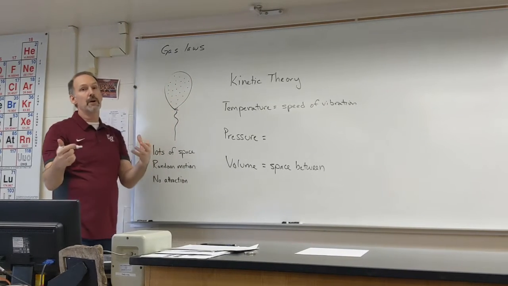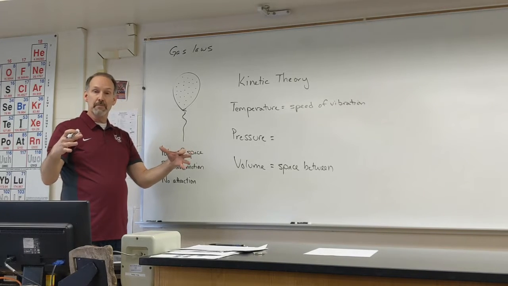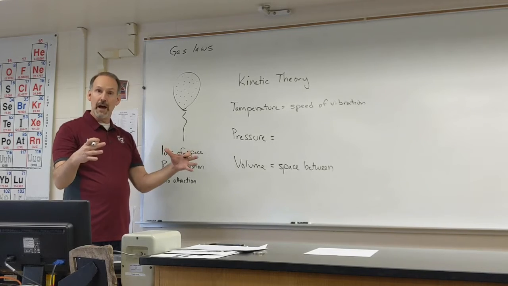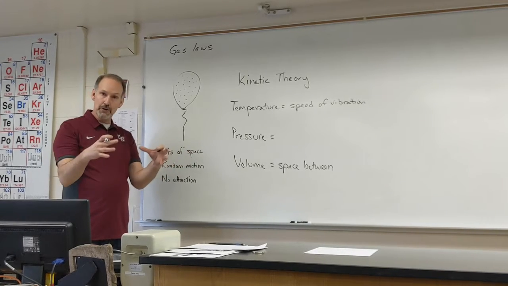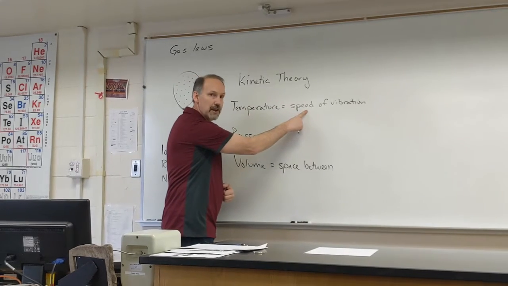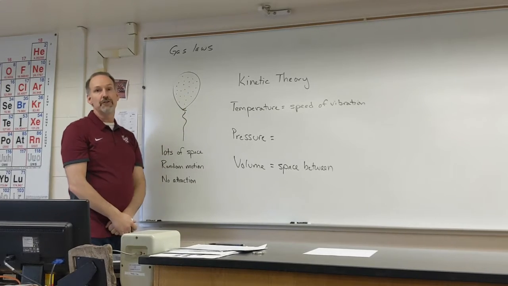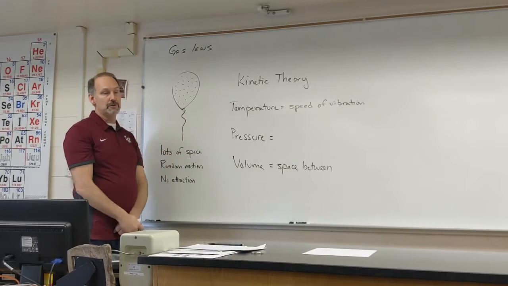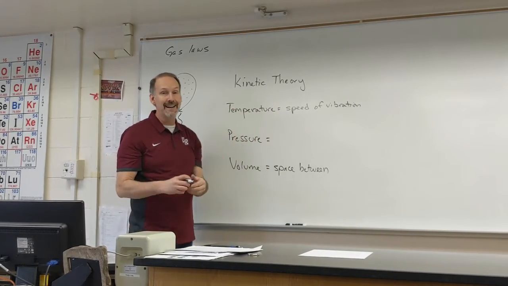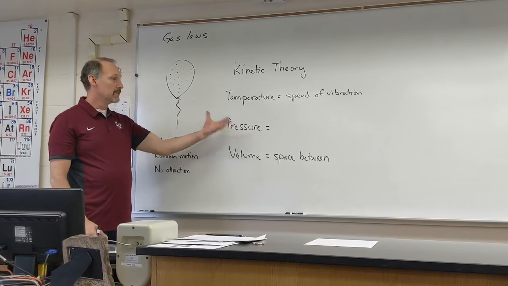If you've ever been around an inner tube in the summertime, it's really blown up in the sun. But as that inner tube sits there, into the wintertime, you find it in the garage or a pole barn, and the inner tube is softer. It's because the particles are not moving around at the same speed, so their vibrations are less, and they don't push against the wall of the system as easily. So there's temperature. Temperature is the speed of the motion of the particles, also defined through the kinetic theory, the kinetic motion.